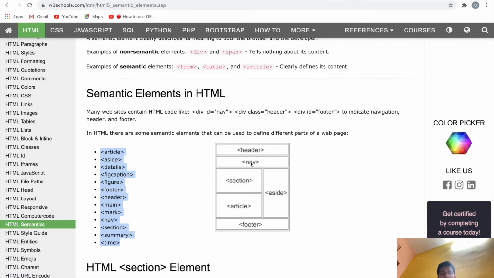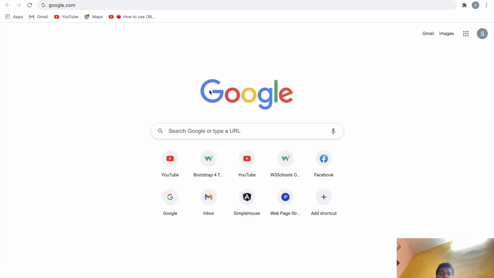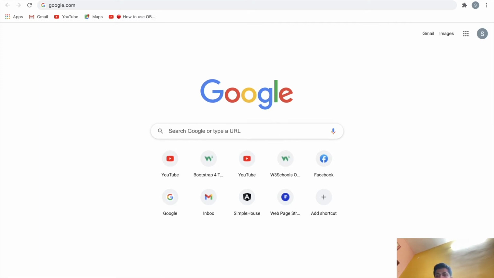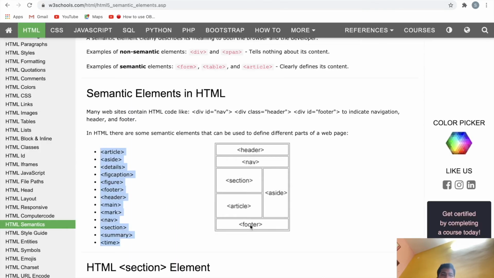In the nav. If you want to use some links, you can put them inside the nav element. Then in the footer some button is there, so for footer you can use the footer element.